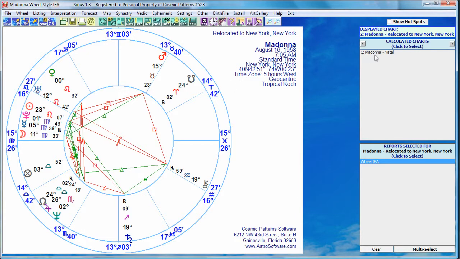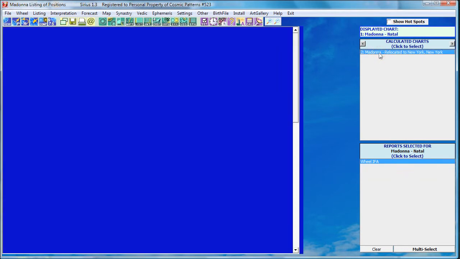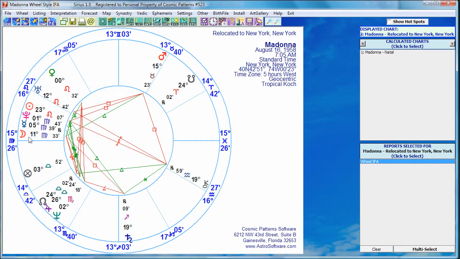Let's see, where was she born? In Michigan. Here's her birth chart. In Michigan, she has 8 Virgo rising, Mercury just above the ascendant, Moon a little bit below. In her relocated chart for New York, they both moved up into the 12th house. Okay, so that's her relocated chart